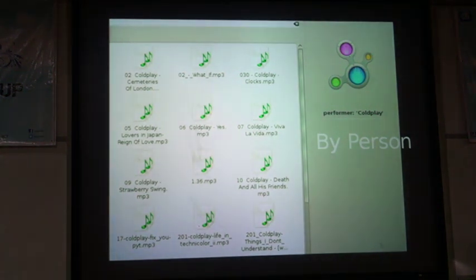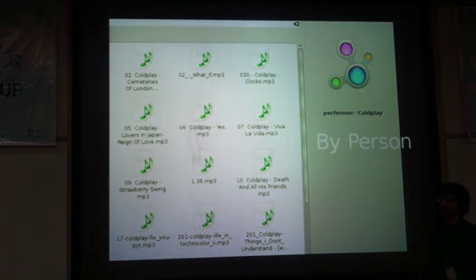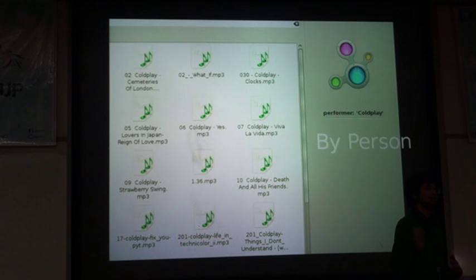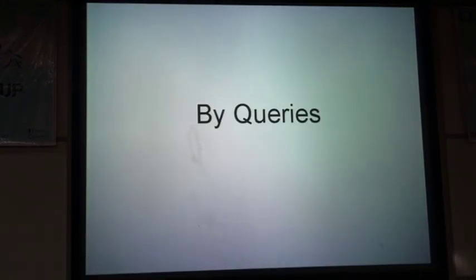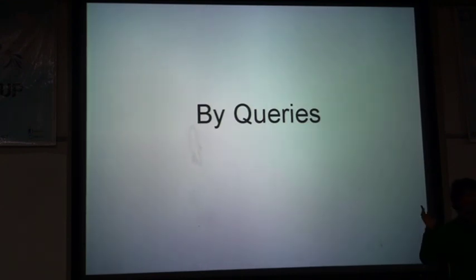So this is a simple artist search, Coldplay, but you can even search by an actual person. So there are many different ways of browsing your data. And finally, there are by queries, so you can actually type a full-fledged query. Let's say perform a Coldplay album this, or perform a Coldplay and some other performers. You can mix all kinds of queries, and NepoMook allows you to